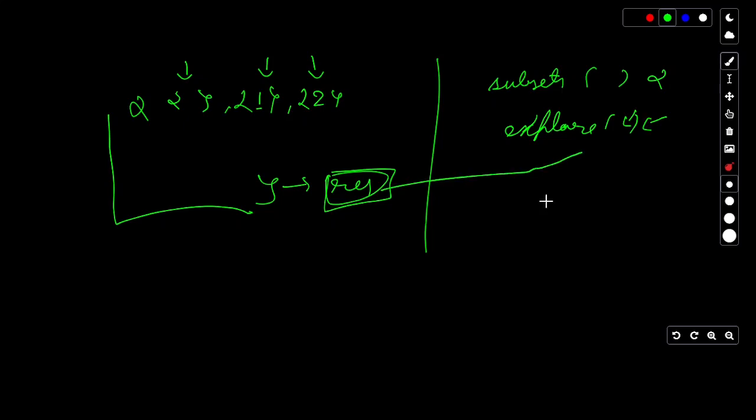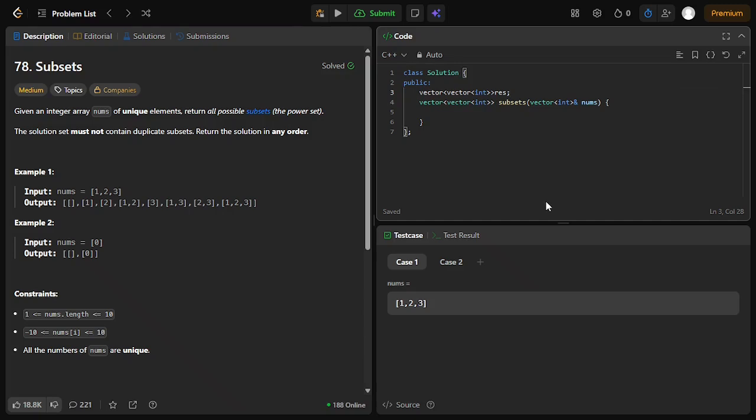We can obviously take this as a parameter, or we can have this result vector as a global variable, and we can just do whatever logic we have to implement. So this is just the logic about why we need a global variable as a result. And let's take int n equals nums dot size. I will be taking my temp vector, then I'll be taking this explore,